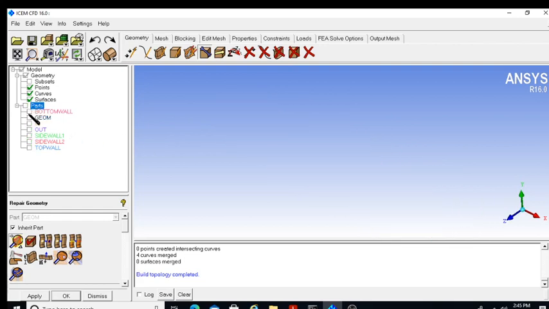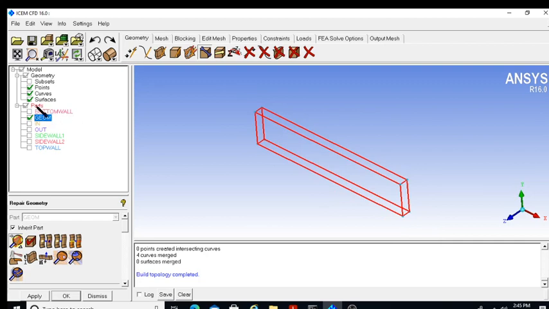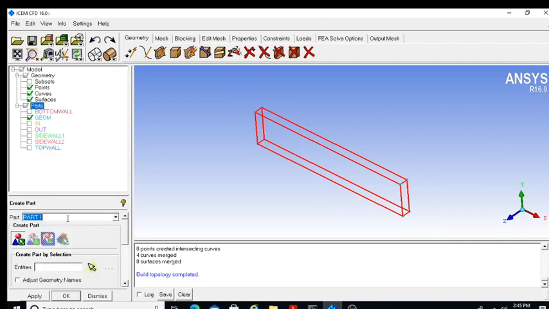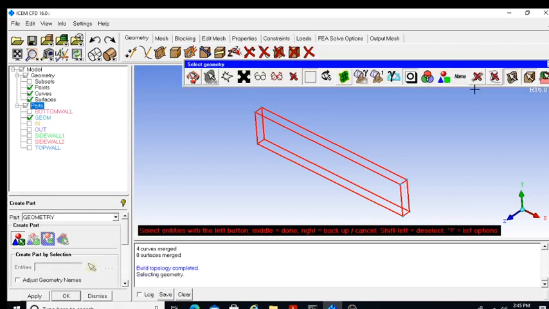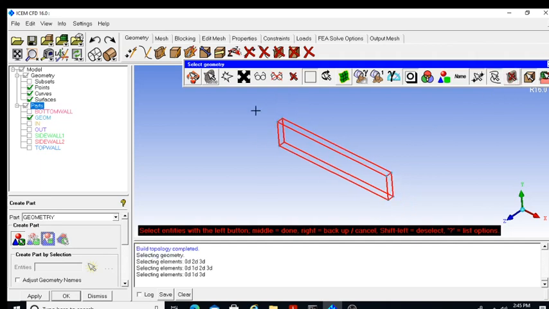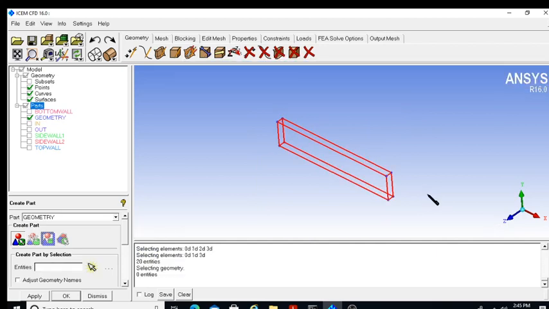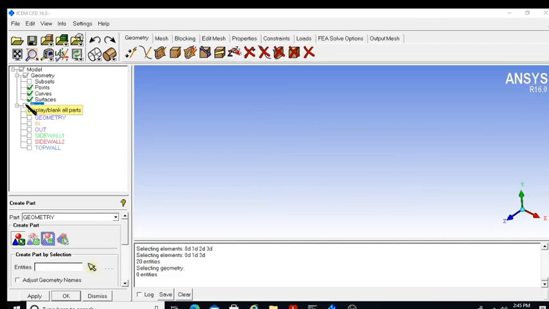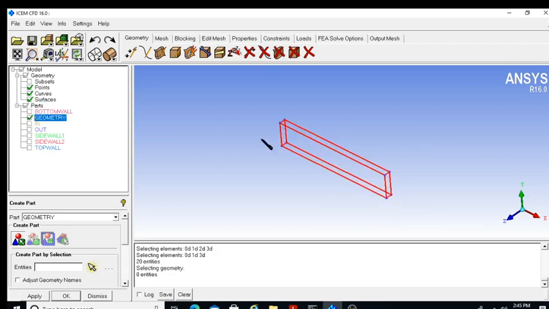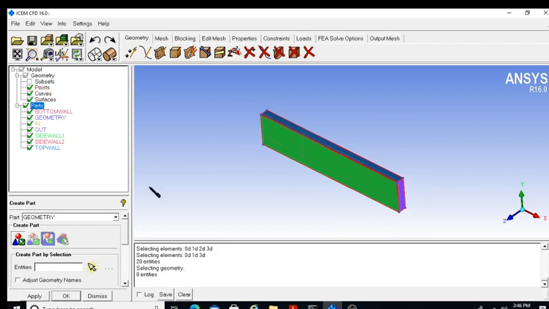These are my geometries actually. If I just want to see the geometry, I can give my own name to the geometry as well, just by creating a part. Let's say I create a part called geometry, and here this geometry is all my points, so I have to select the entities. For example, I want to select points as well as curves, but I don't want surfaces to be selected. Whatever is here, that becomes my geometry. So I can see that now it is all in my control. What is geometry? Geometry is just points and curves, which are visible here because no surface is associated with that geometry part. So this is just giving a name, and these names will appear as a boundary condition later in our